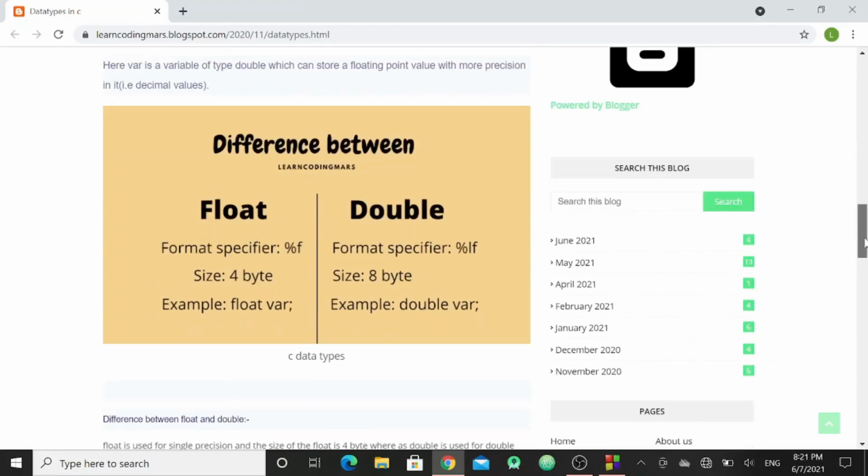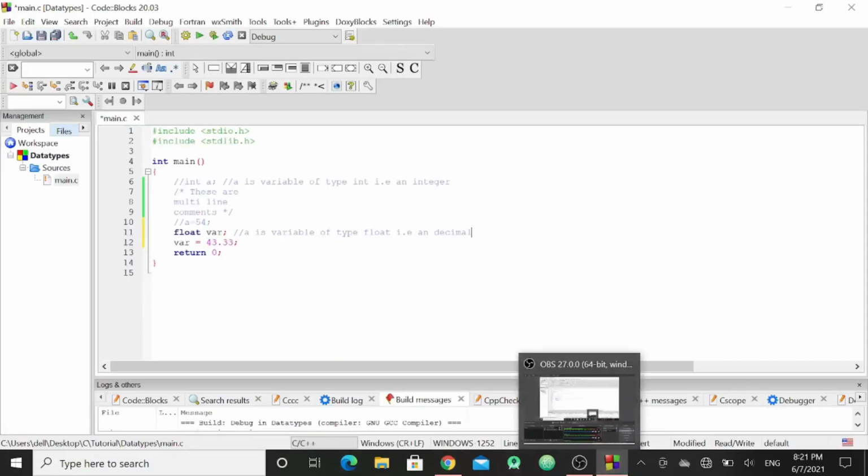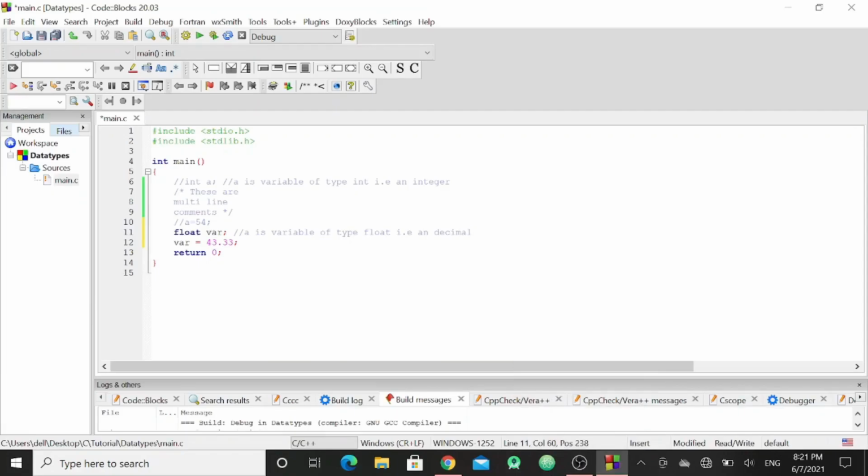You can go through this. So now we come to the code blocks. I have already written the example, that is float var. Here var is of type float, that can store a decimal value. For example, var is equal to 43.33, or var can also be 129.121.